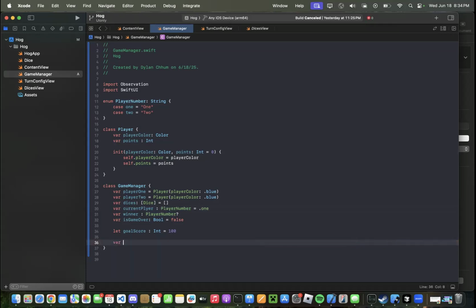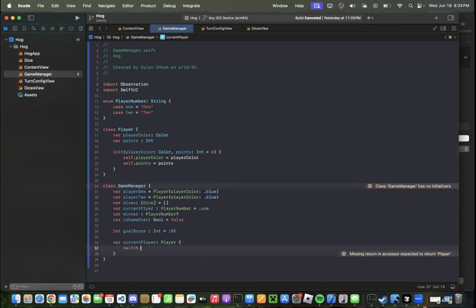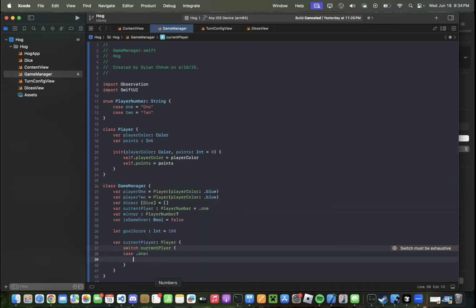Okay, and then going back, we can make a sort of getter method. Going back to our switch statements, if we do this, it allows us to get our current player. We do our switch, case one, return player one, which is our variable,